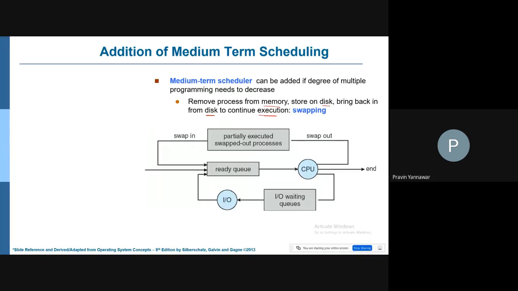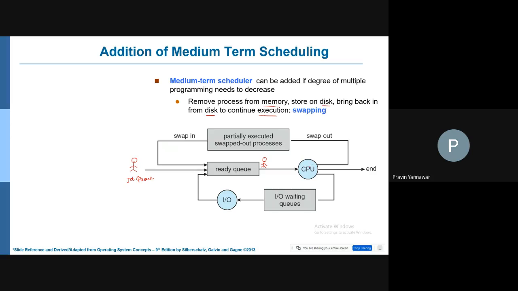As I said, we haven't discussed it, but if you look at this particular diagram, we will come to understand the process of the medium-term scheduler. So this process is being shifted from the job queue into the ready queue, and your scheduler will pick the data from the ready queue. So the process is here now, and it is being picked by the CPU.